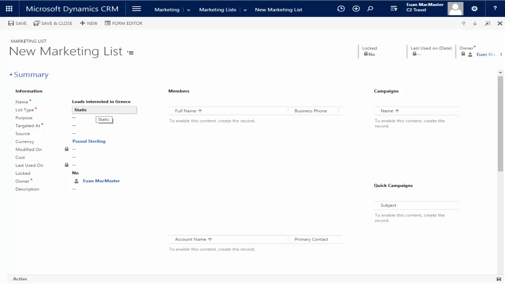Now, a static list is one where the members of the list can only be added or removed by a user manually. A dynamic list means anyone who no longer meets the criteria will automatically drop off the list, or a newly created record